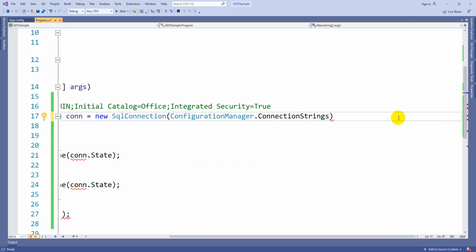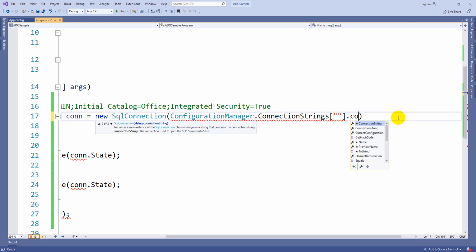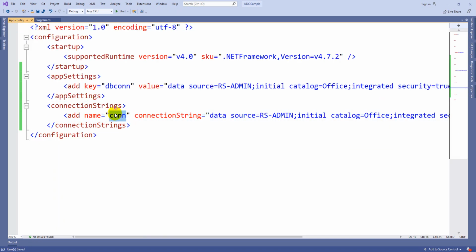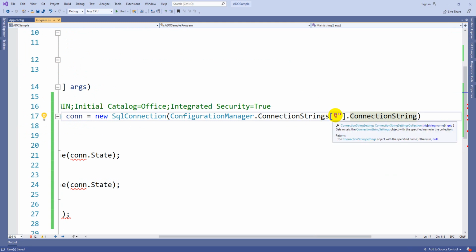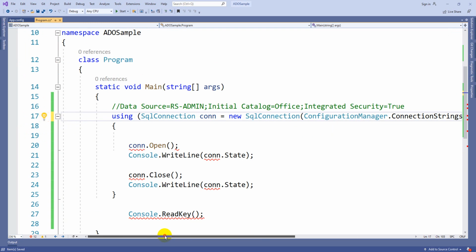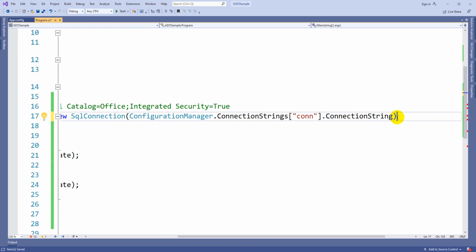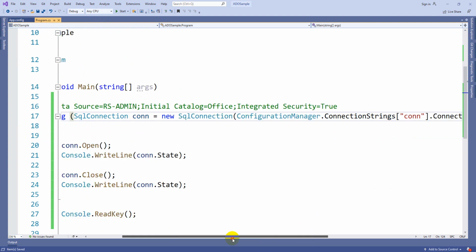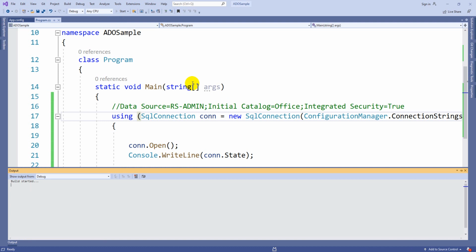So ConnectionStrings of, you will pass the name, dot, you will take ConnectionString. Here you can take this name CONN and pass it here. I think we missed something: Close. Yes. Now if I execute, I will get the same output.